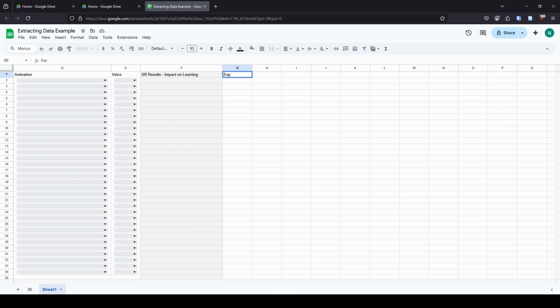So the first thing that I like to do is this label, exp_mean. To me, that means the experimental group. That is what I am trying to find the effects on. So this would be the virtual character group. I then do exp_sd for standard deviation and exp_n for the sample size. I do the same thing for control,